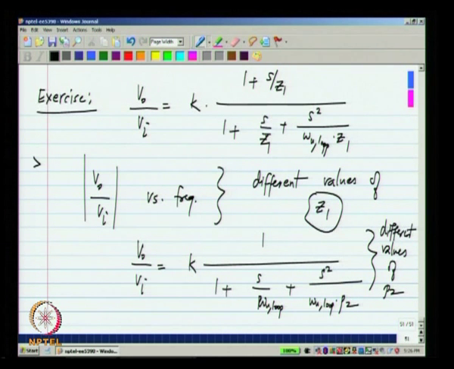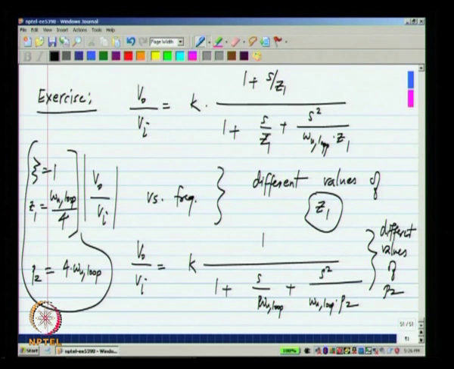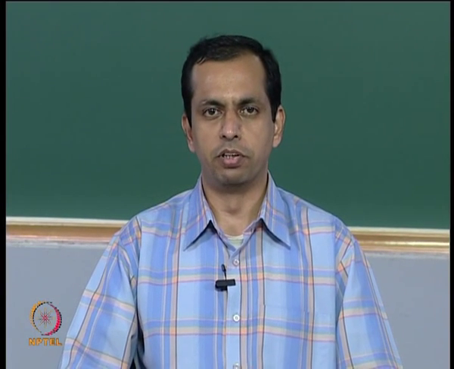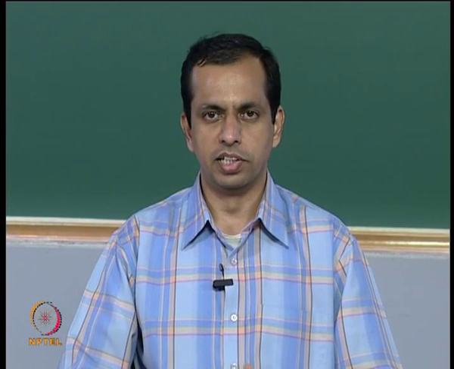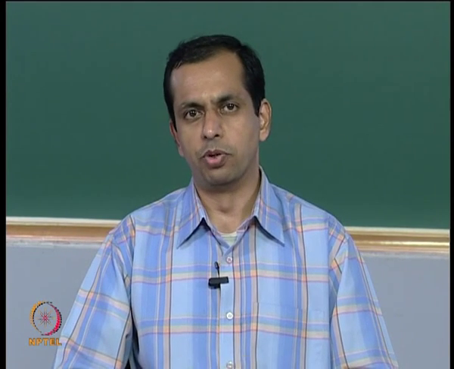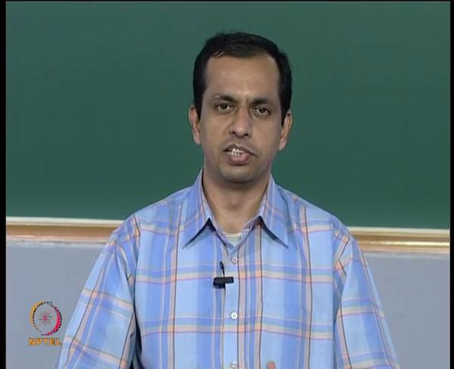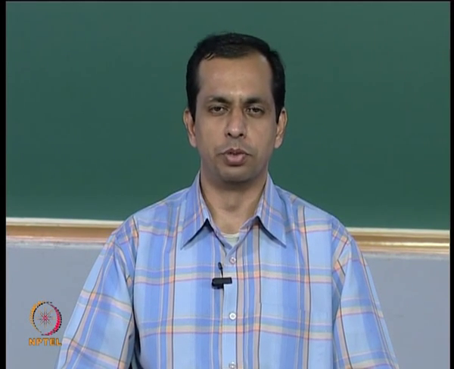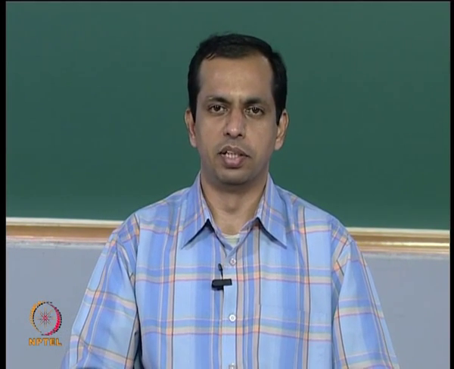Okay. For instance, for zeta equals 1, we have Z1 to be omega u loop by 4, or in the second case P2 to be 4 times omega u loop. Okay. For the same damping factor, you can compare the transfer function magnitude of V naught by V I over a range of frequencies and then see how they compare to each other. That also gives you another point of choice. Okay. When you have more than one solution, you have to compare different performance metrics and see which one to choose. It will kind of become obvious why one might be more advantageous compared to the other one. Okay.